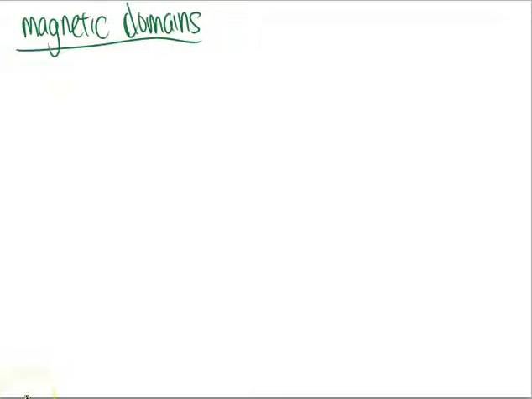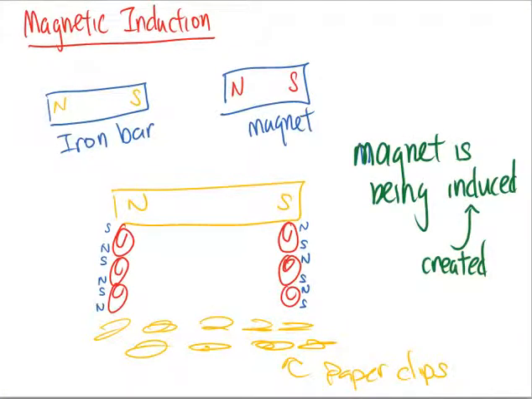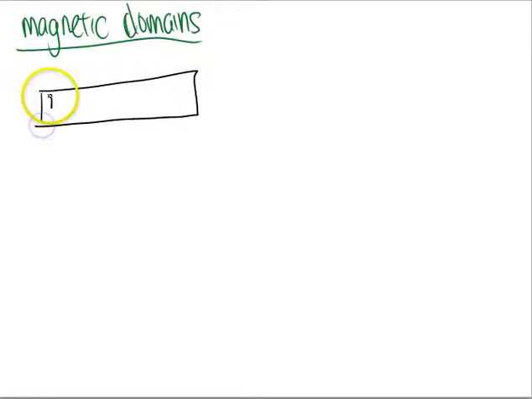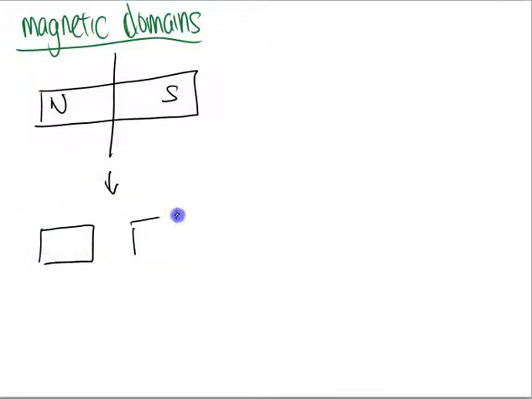After we had talked about the previous part, we talked magnetic induction. We're going to move on to this thing called magnetic domains. I think there's something that you must have heard before. If we got a magnet here, we chop it into half, what's going to happen? It will turn into two mini magnets. A north, a south, a north, a south.